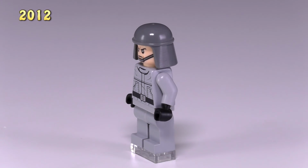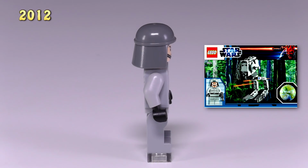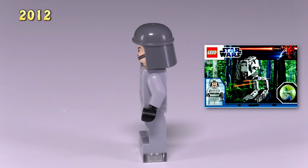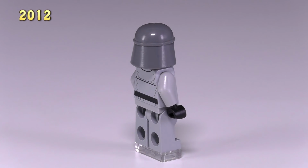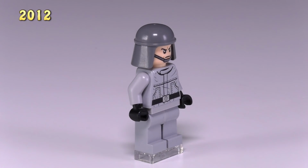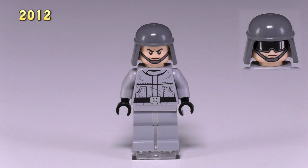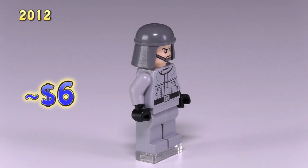ATST drivers. He came out on the set ATST and Endor 9679, and he's commonly referred to as ATST Pockets driver. That's because the updating here shows pockets. It's actually better kind of all around. There is printing on the back, and the detailing in general is just better. But on top of that, he also has an alternate expression, which the original ATST driver did not have. He looks super angry. I see him going for about $6 on BrickLink, and jumping up to 2013, this is